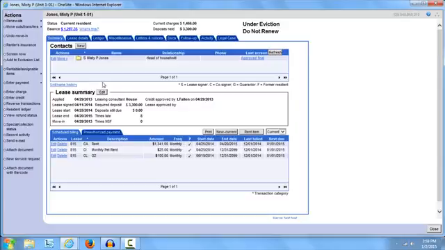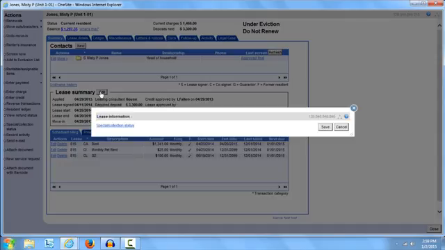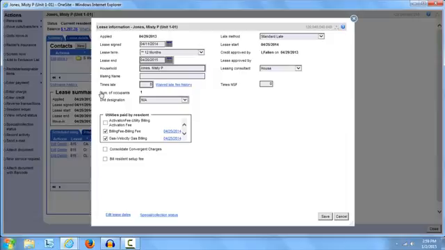From here, you can select the Edit button next to Lease Summary, or you can select the Edit button inside of the lease details. Either one, they do the same thing. Select the Edit button next to Lease Summary, and the lease information will load. Note the Utilities Paid by Resident section, and scroll down until you find the charge that you want to bill